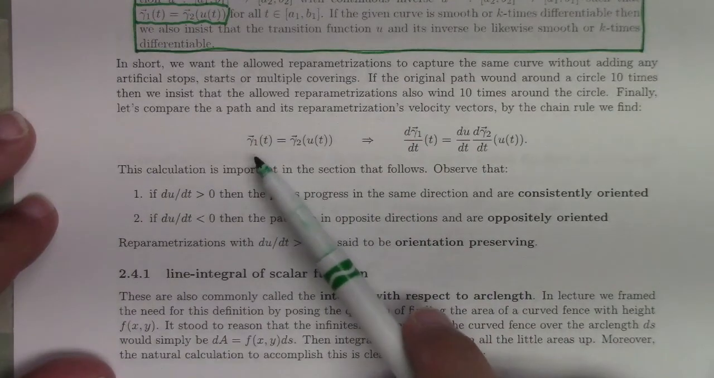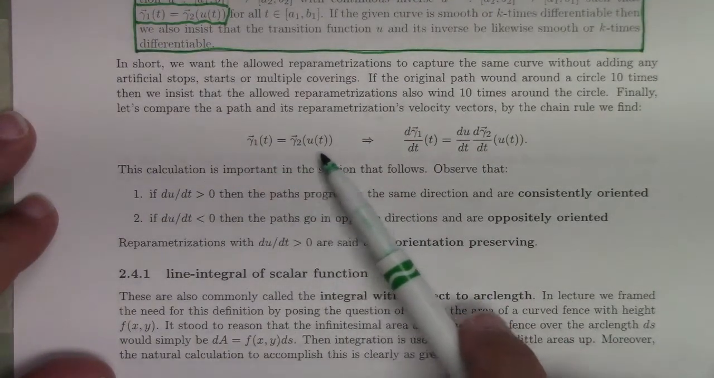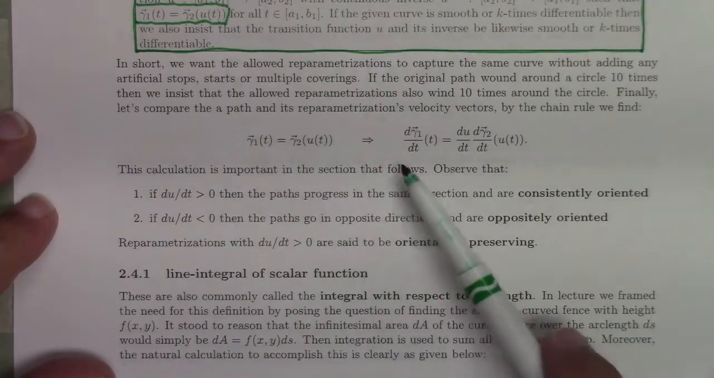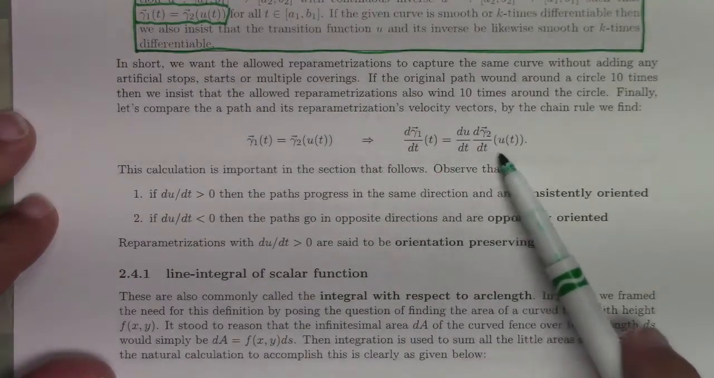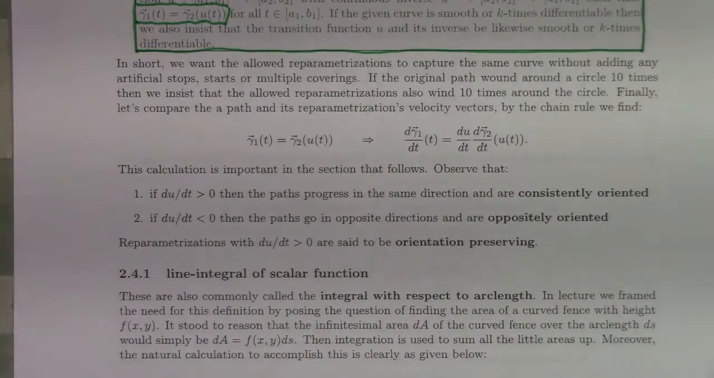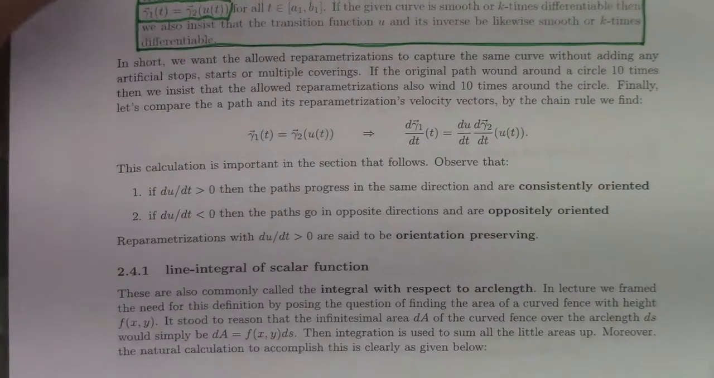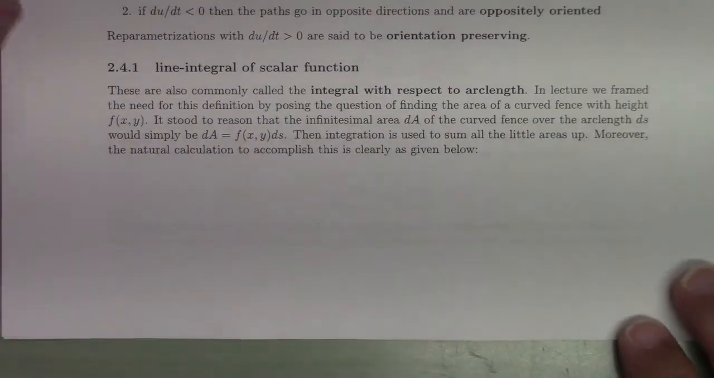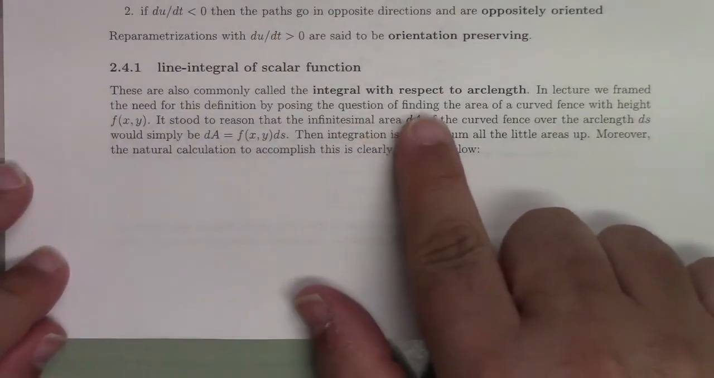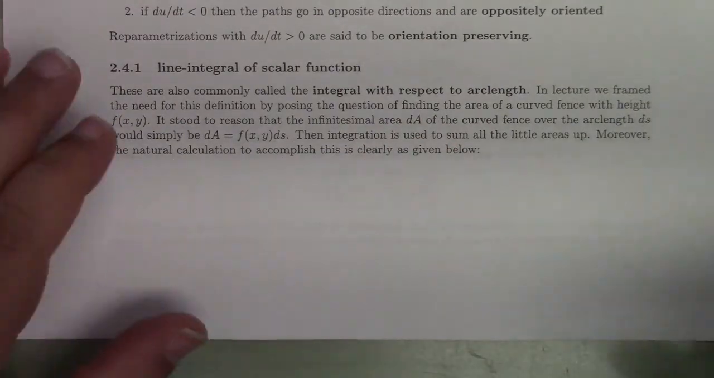But anyway, so just to relate, if we have this path and we have a reparameterization, their velocities are related according to the chain rule like this, right? So, okay, now that we've got all that, I can define the line integral of a scalar function with respect to arc length. The line integral, so let me